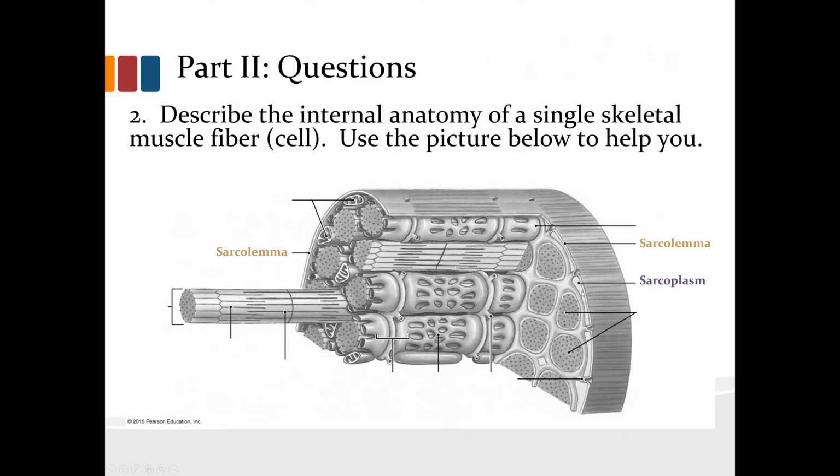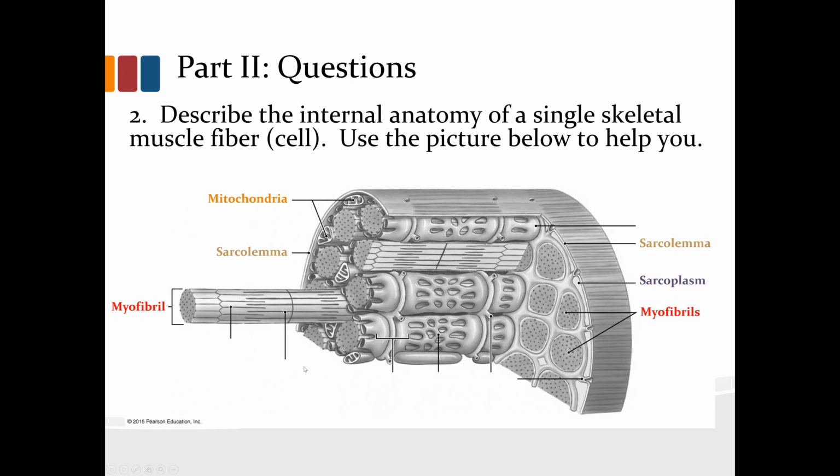We can also see inside the cell, which is the sarcoplasm, so that's the same thing as a cytoplasm in a normal cell. We also see quite a few mitochondria because muscle cells have a very high demand for ATP. And then the bulk of the muscle cell is made up of these bundles of myofibrils. The myofibrils are made up of the myofilaments, which are the actin filaments and the myosin filaments, so thin and